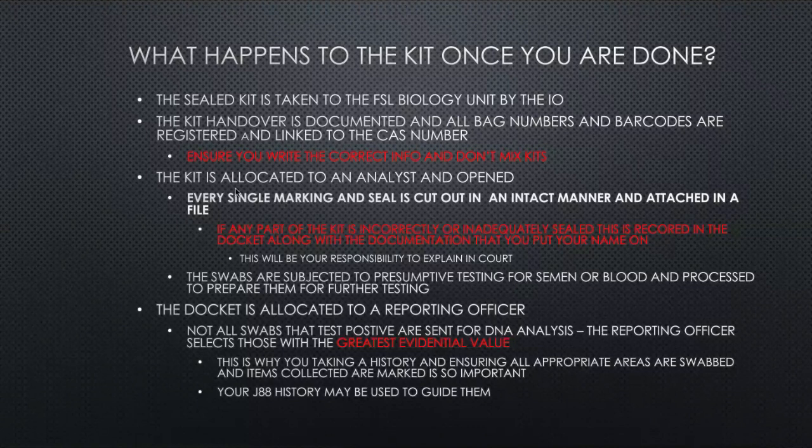The kit is then allocated to an analyst. It's opened. And like I said, every single marking and seal is cut out in an intact manner and attached within the docket. So including that white part on the front of the evidence seal bag that you wrote on, it's cut out and stapled into the docket. Every seal of every swab card box, the seals on the paper bags, everything is cut out and put into the docket. Then the swabs are opened one at a time and they're subjected to presumptive testing,